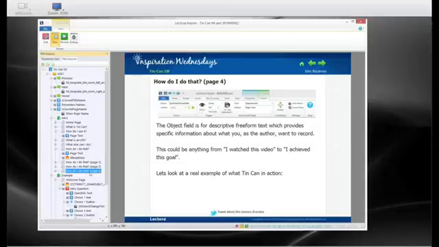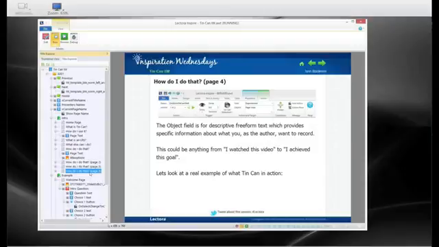So you could say, hey, I watched a video, or I achieved this goal. It really lets you just define the kind of data that you want to keep, and that data is kept in the Learning Record Store and reported on. The nice thing about a record store is that eventually, as these things move on and become more mature, you're going to be able to report individually on things that matter specifically to your course and to you.